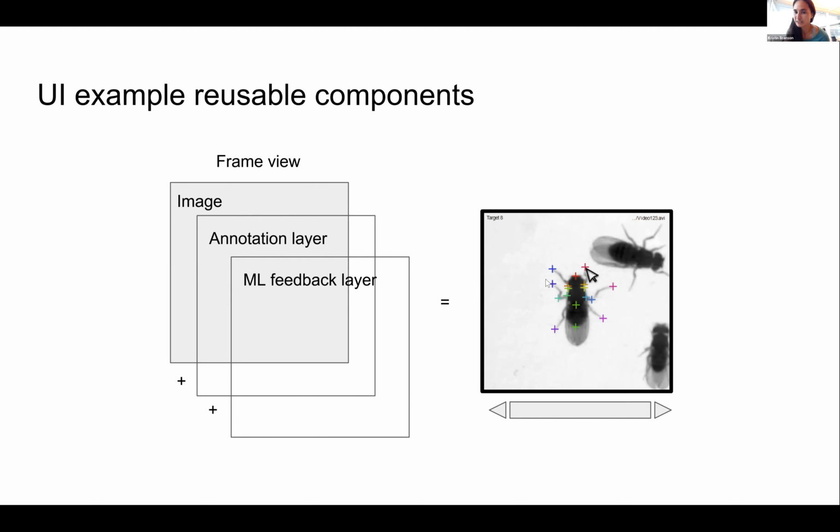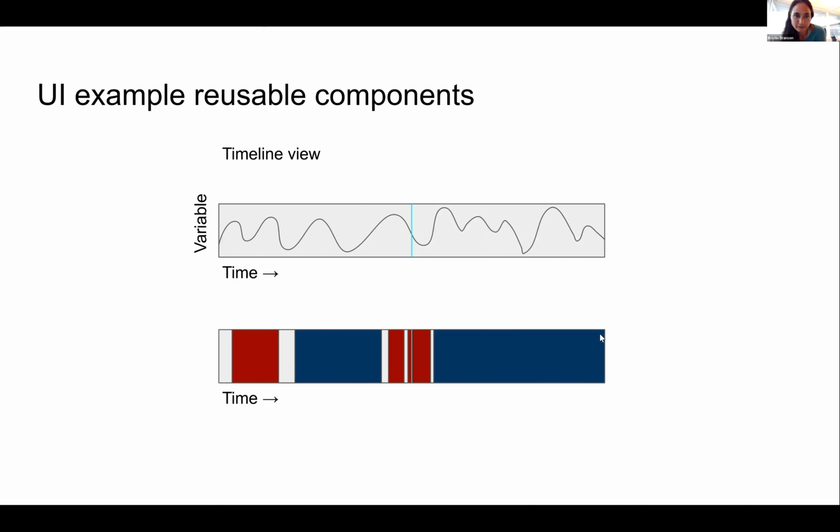like here I'm showing the clicked locations of these parts of the animal, and then maybe also layers showing feedback from the classifier, which could be things like the predictions of where these key points are, or other types of information that the classifier can provide us. Maybe things like confidence in these predictions, or heat maps, or things like that. And we want to be able to control which frame is shown, so things like sliders that are hooked up to this. Another type of component that we see in all of our user interfaces are these timeline views of the data.